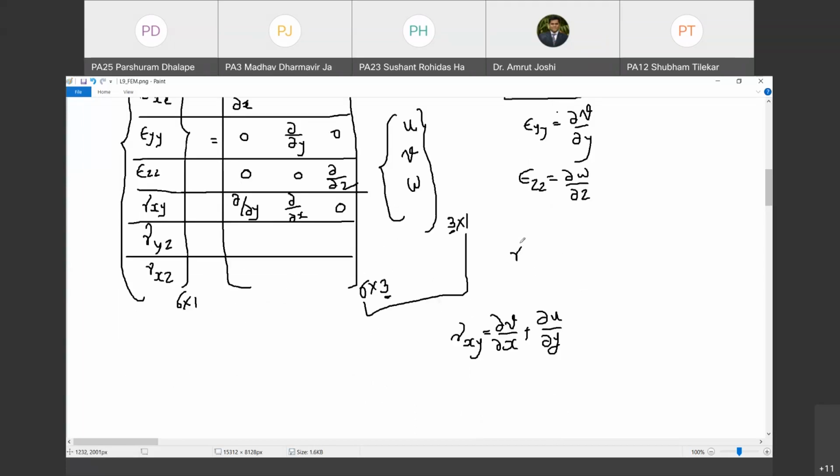So what is gamma yz? Tell me. Gamma yz is, you consider y directional deformation which is v and take its derivative with reference to z. Then you consider z directional deformation which is w and take its derivative with reference to y. So dou v by dou z plus dou w by dou y. So यहाँ पे कैसे दिखेगा? dou v by dou z. So पहले तो 0 आएगा, then you are going to have dou by dou z and then you are going to have dou by dou y. Are you able to understand what I am trying to do? Please type your response in chat box, then we will go ahead.